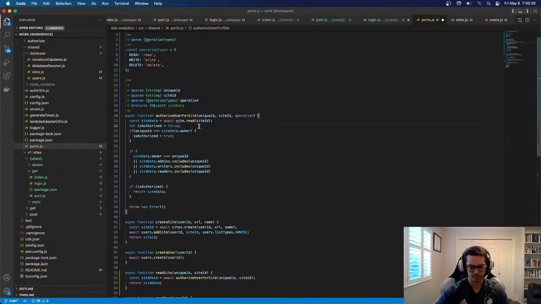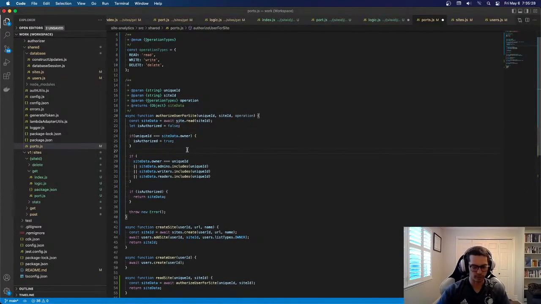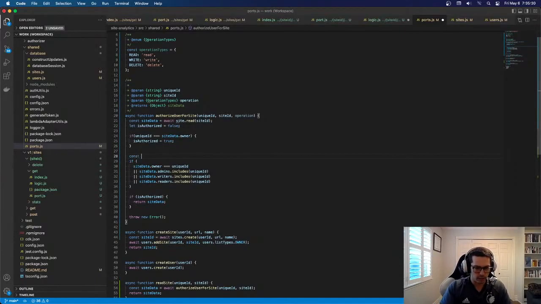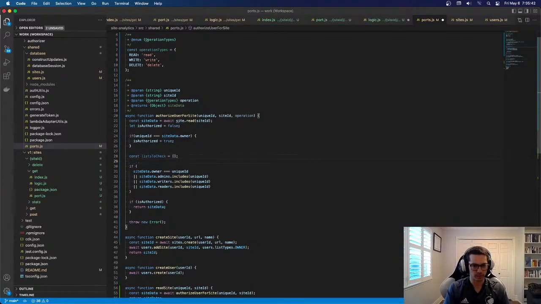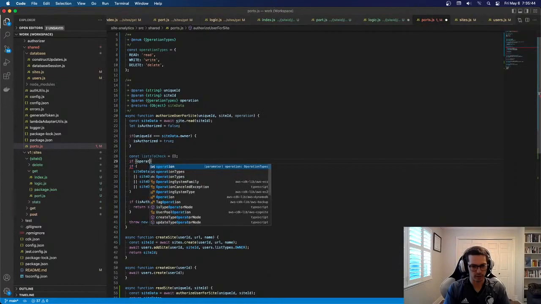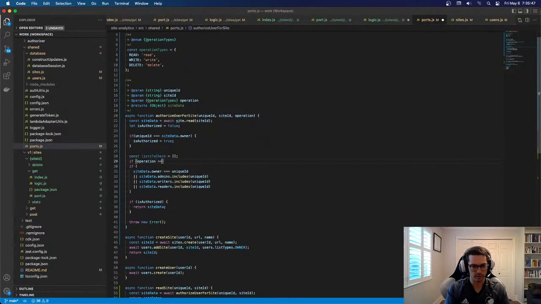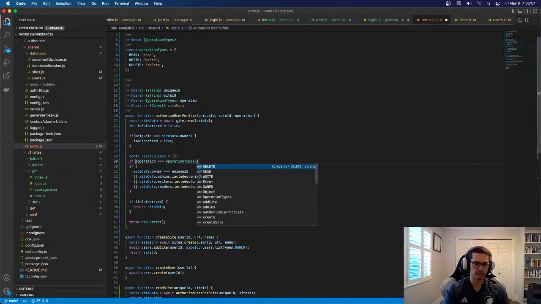So const listsToCheck. This is going to just be an array, and then if operation equals OperationTypes.read